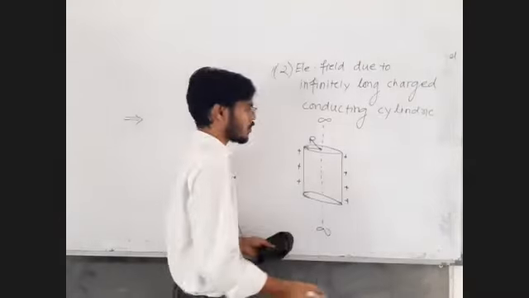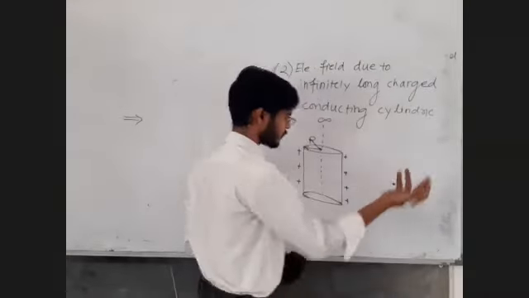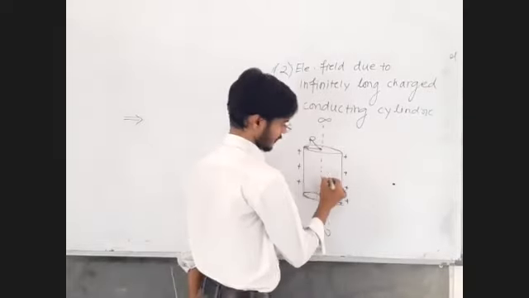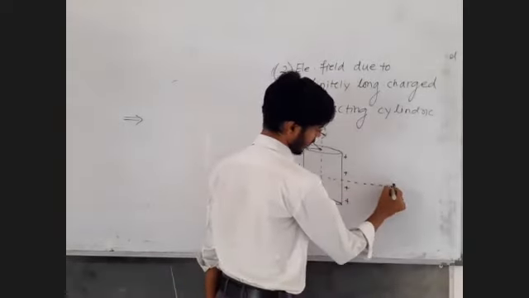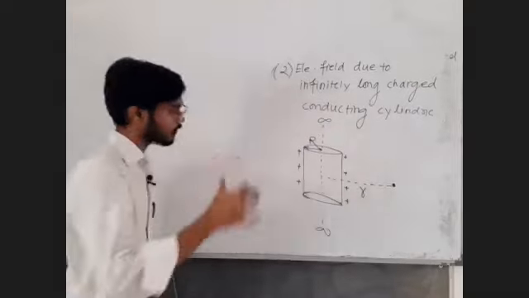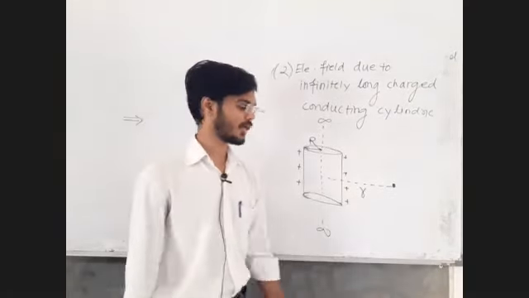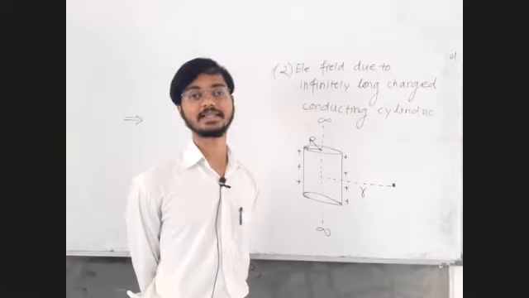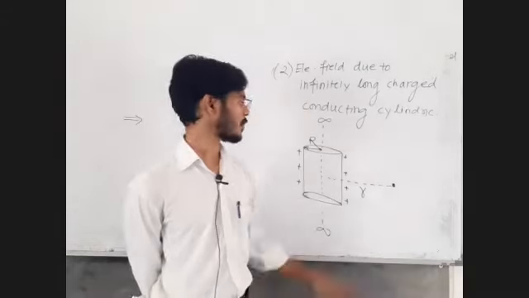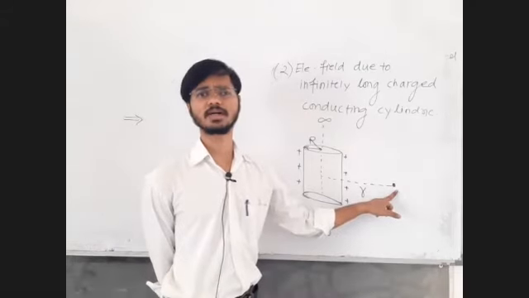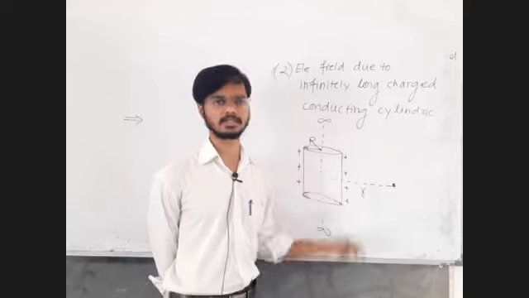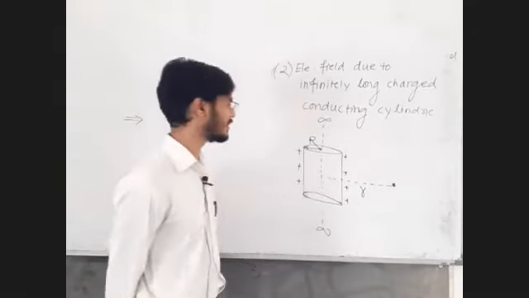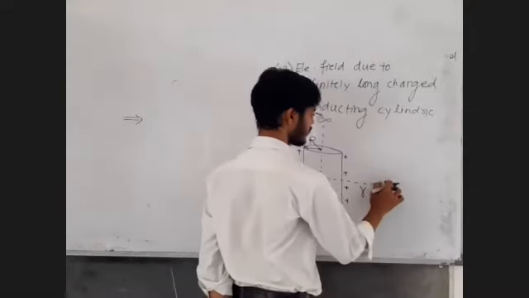Fine, sir. Now I want to find out the electric field here. So from the axis of the cylinder, we will take a perpendicular distance to the given point as small r. And now, the same thing, we have to draw a Gaussian surface. The Gaussian surface should be such that it passes through the given point, and it should be somewhat symmetrical to your system. Our system is a cylinder, so the Gaussian surface will also be chosen as a cylinder. Why are we doing so? You will observe it.